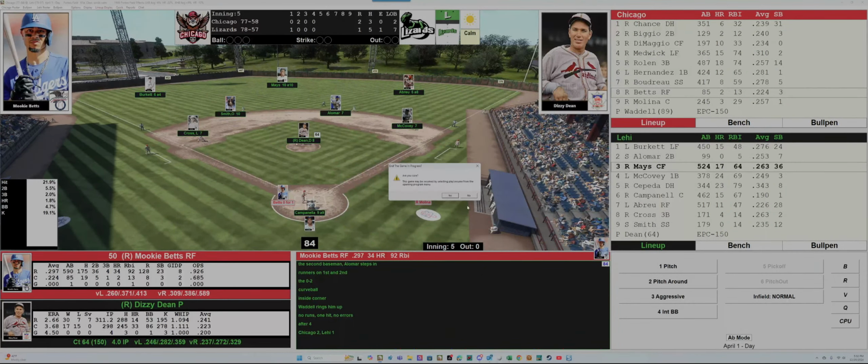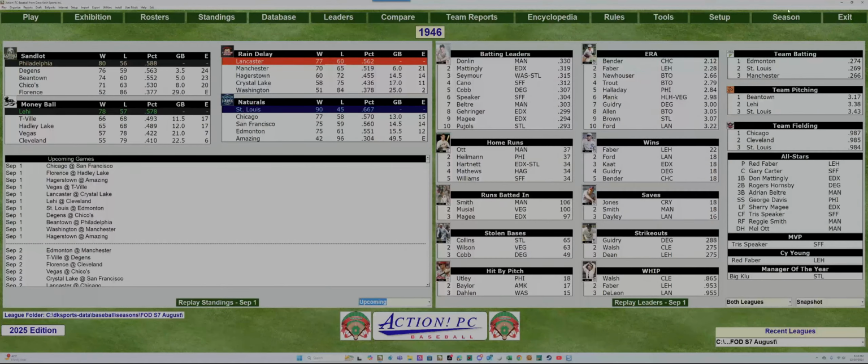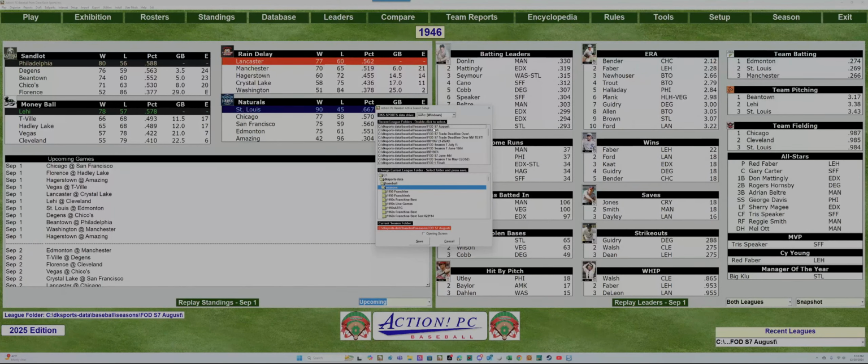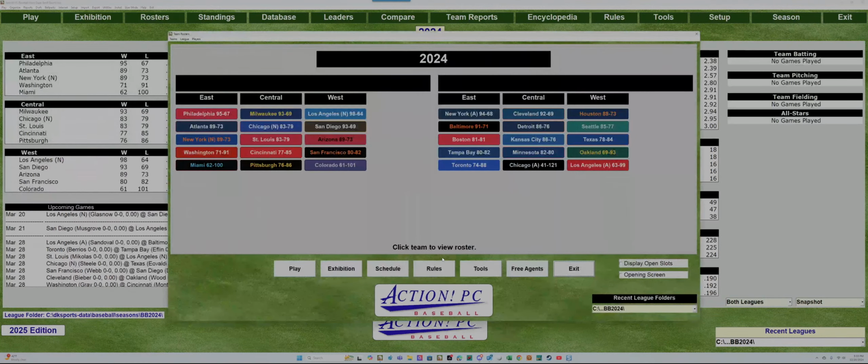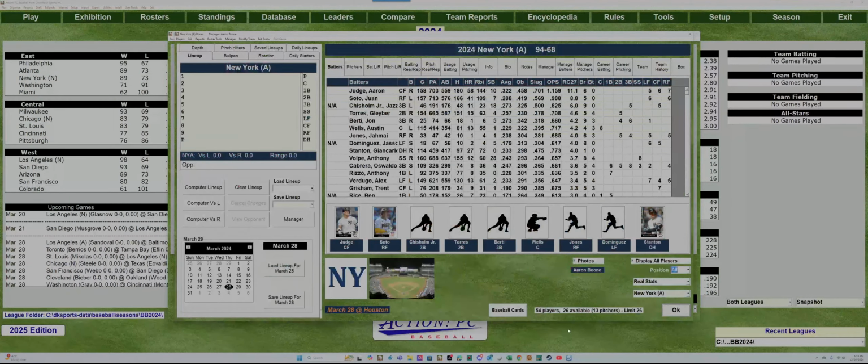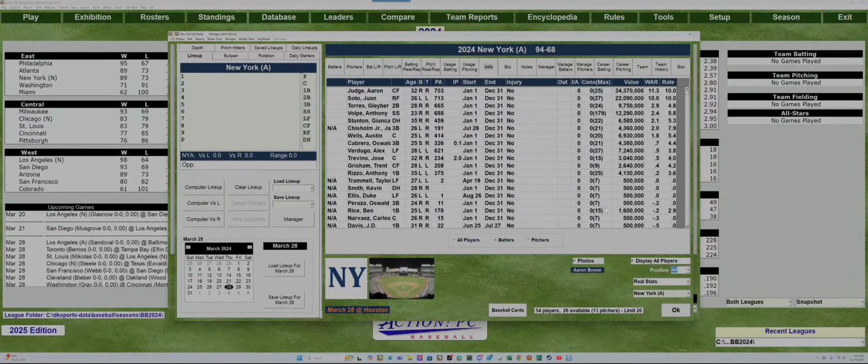Let me exit my game here. I'm going to pull up the 2024 season. And for example, now let's take a look at the Yankees. So here's the Yankees 2024 file. Some of these I don't have pictures for, because I've made a lot of pictures for all the leagues we run, and a few of these guys are in our league. That's why their pictures are showing up here. But if we go to that info tab, we can see Aaron Judge,